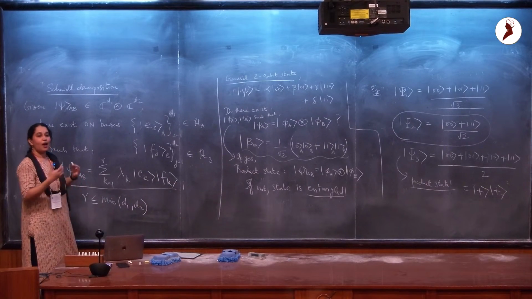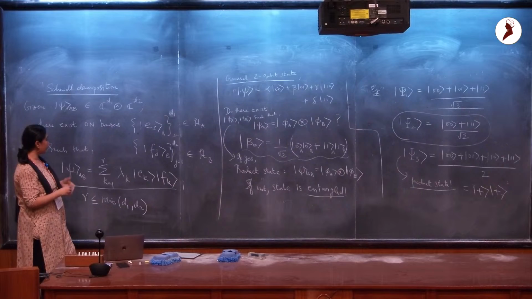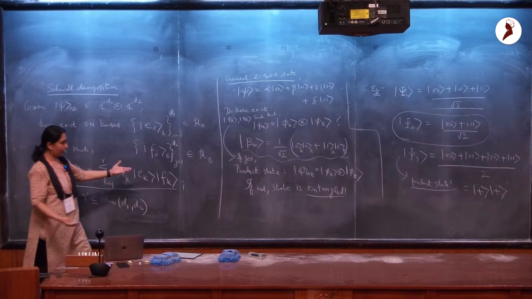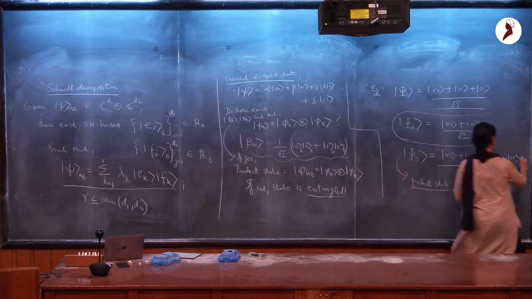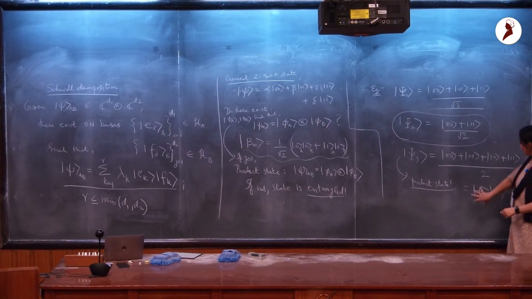And then you can say that, okay, the number of these terms itself, in a sense, tells me how entangled a particular state is. First of all, it tells me whether the state is entangled, and then it tells me how entangled the state is. Why does it tell me whether a state is entangled? So I could imagine a scenario where there's only one term in this sum, like this. So you see, what I've done here is essentially taken an arbitrary expansion in some general basis and gotten it into a Schmidt form, where there is only one term in that sum, okay? Which then means that it's a product state, because there is exactly one state here and one state here, which gives me this joint state.